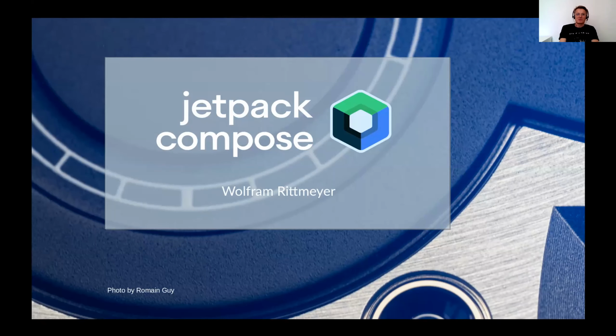So, about Jetpack Compose. The background for this slide is actually the first introduction to Compose. It's a photo by Romain Guy, who is one of the developers of Jetpack Compose. It shows a watch face, I think an analog watch face, not a digital one.